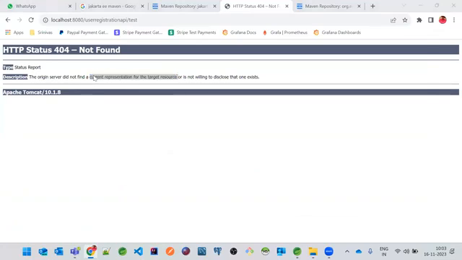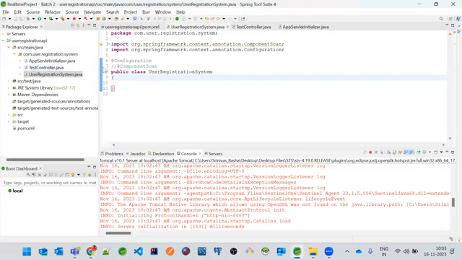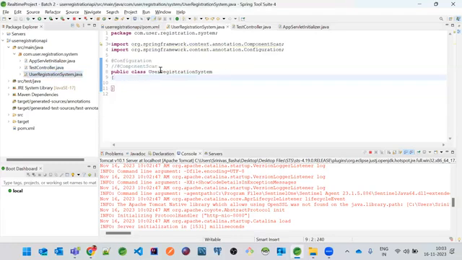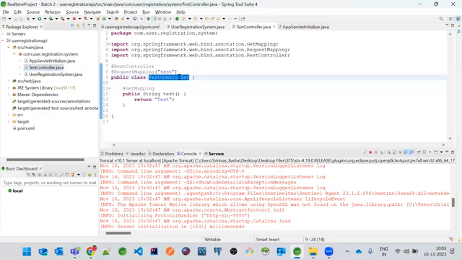That means it was unable to create an object for the test controller because @ComponentScan is not there. If this object has been created, then probably this method will be called. We can call this method only by creating an object, right? Like this.